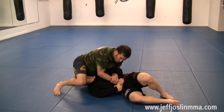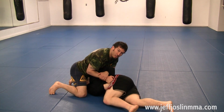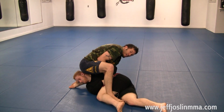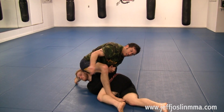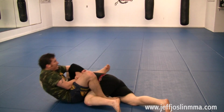Okay? He starts to turn to his knees inward. That's the time I want to hook this leg. So I take this foot here. I go over top of his hamstring and knee and I hook. Now I'm going to fall to this side over here. I'm going to turn, get up on my left toes, fall sideways, and he gets on top and he holds